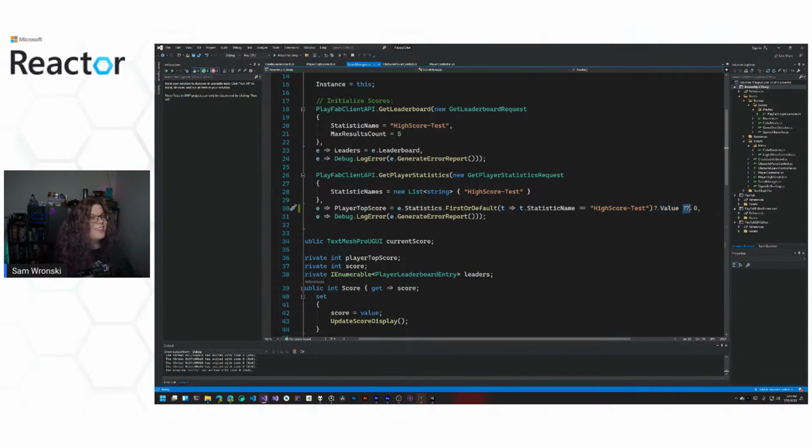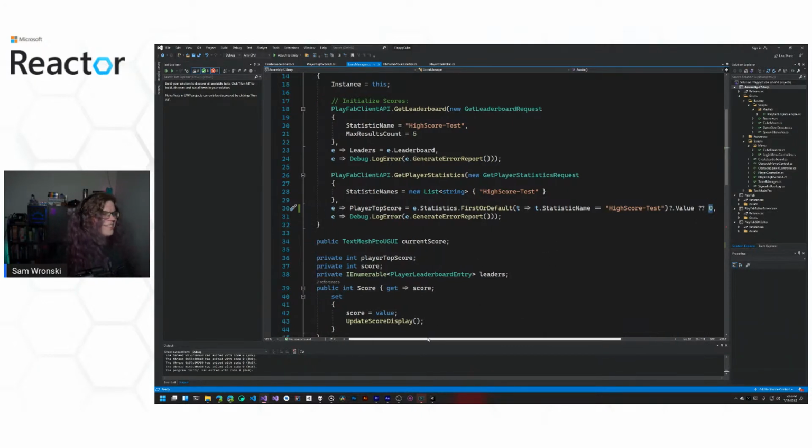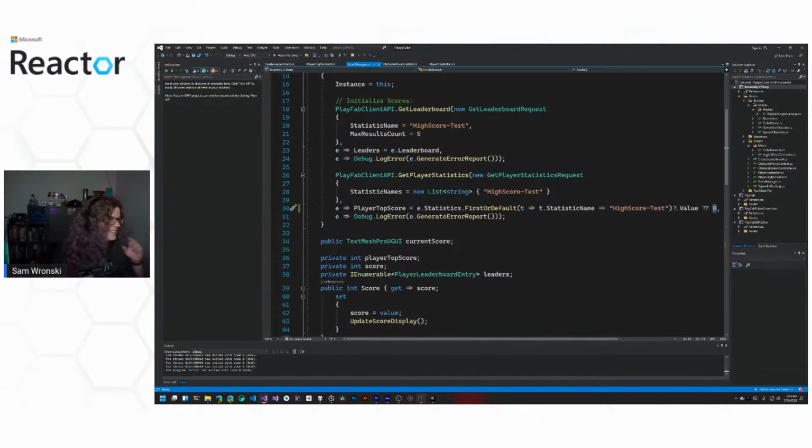And then, because we're going to be passing null in and we're expecting an integer, I have this double question mark which says if this is null, then return the right-hand side, which is just a default value of 0. So if there is no high score available for the user, what this ends up doing is returning 0. So that's what's going on there. It gets a little bit long with those kind of Boolean logic things, but that's what I decided on for code.